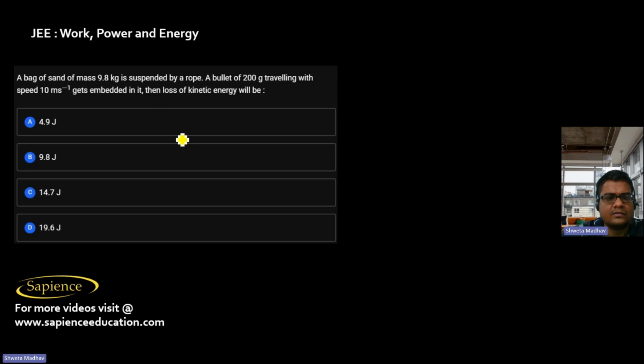Then here it is told a bag of sand of mass 9.8 kg is suspended by a rope. A bullet of mass 200 gram, so let's say this is capital M, this is small m, that is 0.2 kg. It is traveling with a speed u, which is equal to 110 meter per second. It gets embedded in it. Then the loss of kinetic energy will be